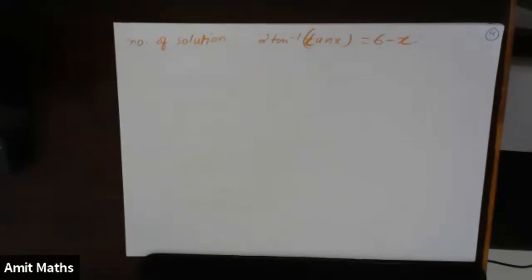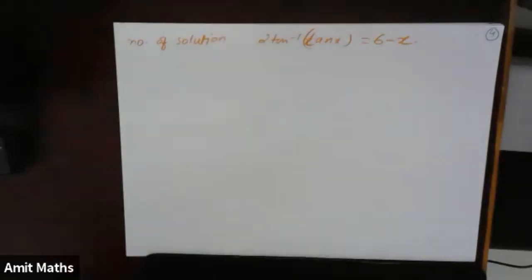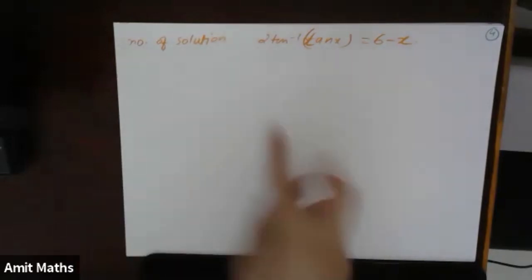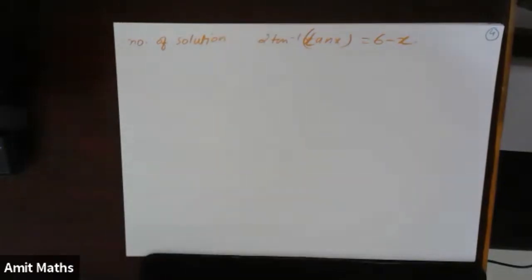We already did this question, but because we have done so many properties since, I wanted to solve it once more. Yeah, we will get 3, but I wanted to solve it properly now, because last time when I solved it, I think you were not able to understand. Now, because we have drawn the graph, we have seen how the graph of tan inverse of tan x looks like.